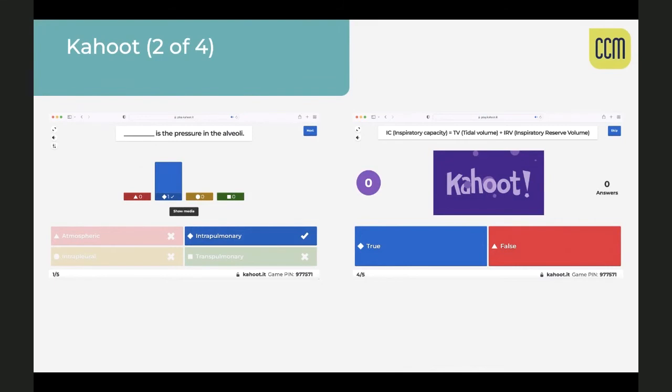These are two examples of questions that you can potentially see in a Kahoot. On the left-hand side, we have what is called quiz, which is their fancy way of saying multiple choice questions. And then on the right, we have true, false. Now, if you look on the right where it says Kahoot in that purple box right there, you can actually